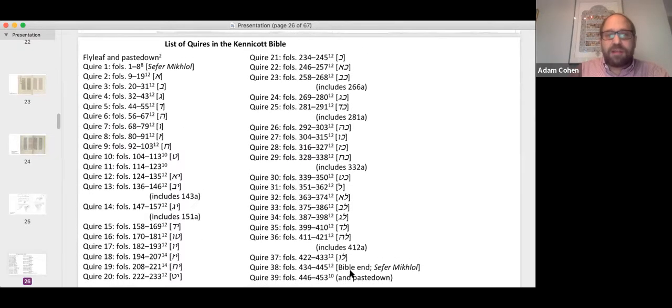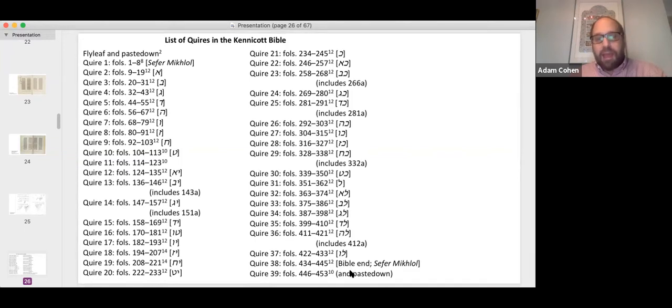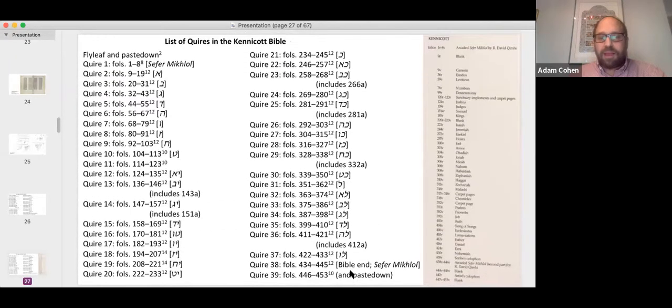And what results is a list of choirs, which we can match up with the contents of the book, and we can begin to see patterns, and we can also begin to see particularities, right? And so, for instance, most obviously, if you run down the list, you'll see that on the whole, the makers of the Kennicott Bible preferred regular gatherings of 12 bifolia. But when we see a choir that's not 12, then it jumps out